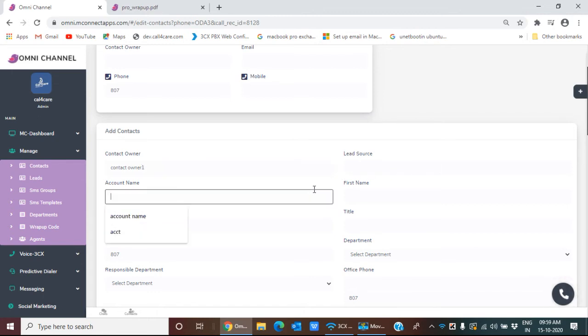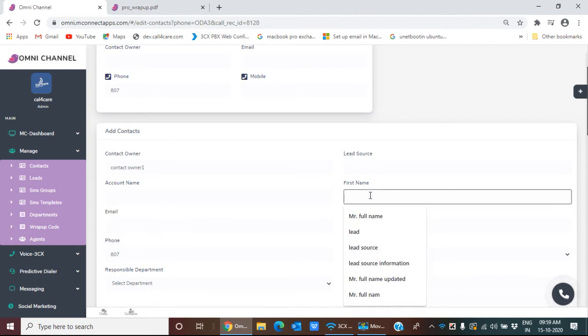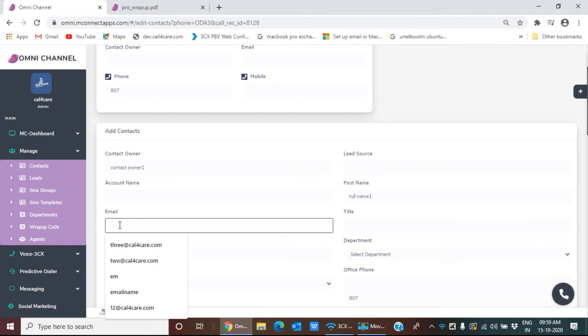You can fill in all the details. To show you, I'm going to simply fill the contact owner, the name of the contact. I've named it as first name 1. I'm entering the email detail.